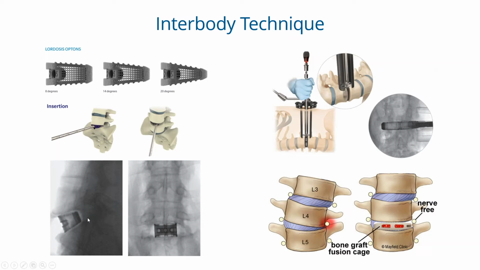Now, if somebody is out of alignment by 30 degrees, they're pitched forward 30 degrees, if you can get 30 degrees of correction in their low back, that will have them stand upright and they'll not be so far forward anymore. So we're able to use these angled cages to realign the spine. This is a technique where we come through the front, and we usually reserve this for the lower regions of the lumbar spine, the lower levels. We also have a technique where we